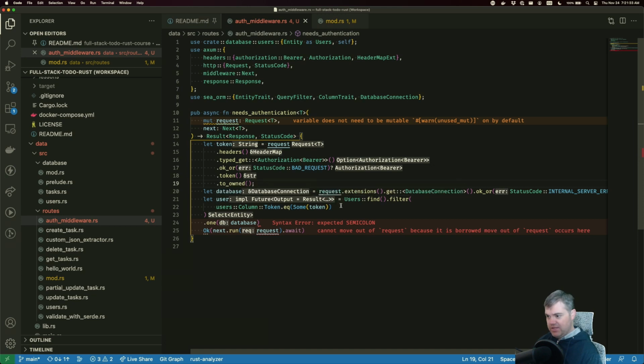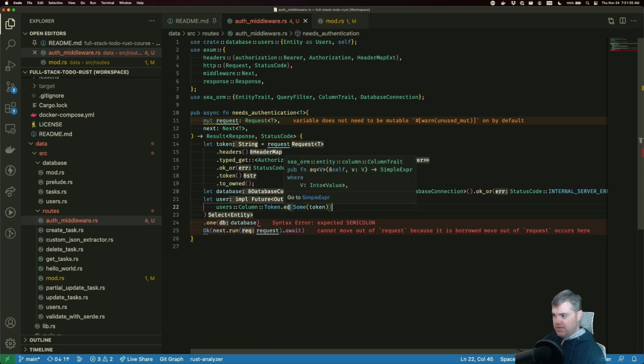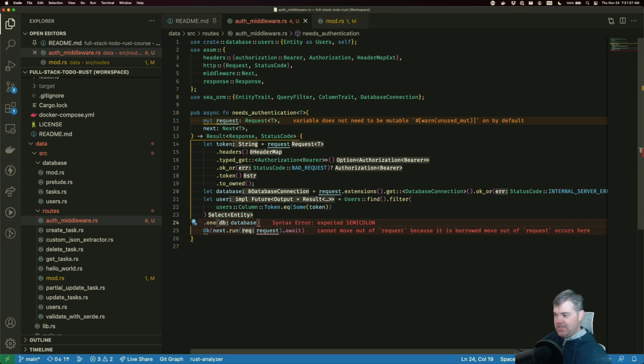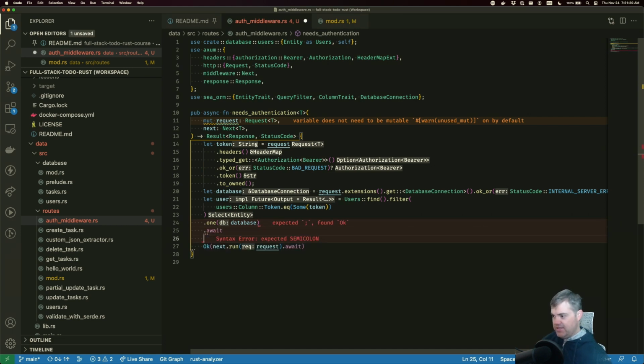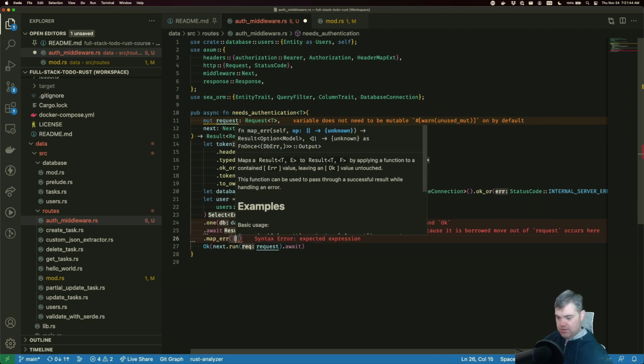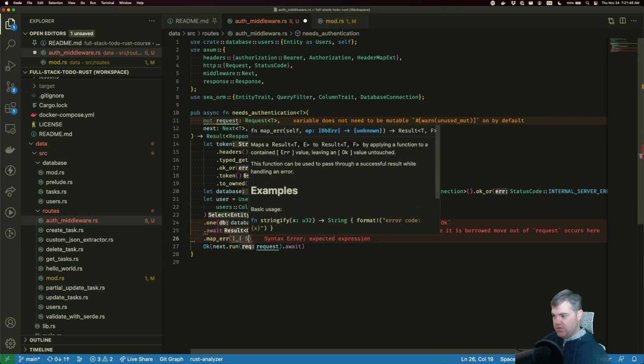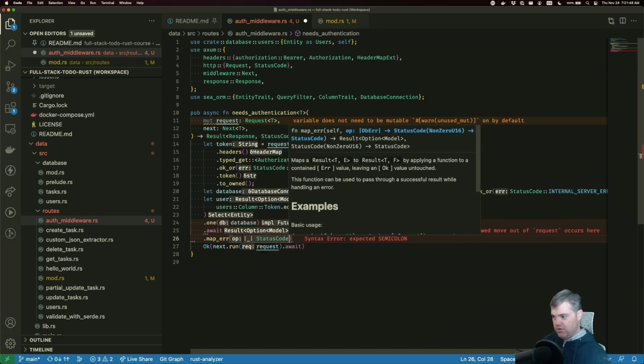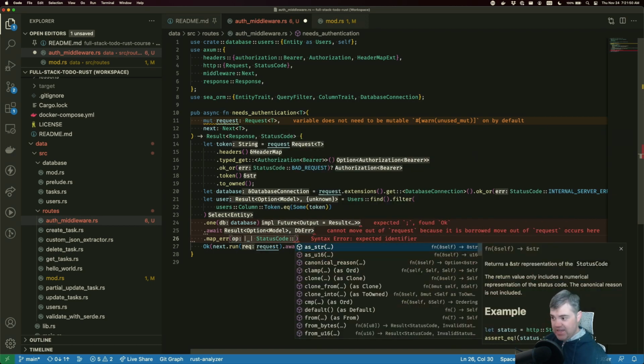Then we get the user. Okay, so it's from the token. We do one. We hand it the database. We await. We map the error. We return a status code of, in this case,